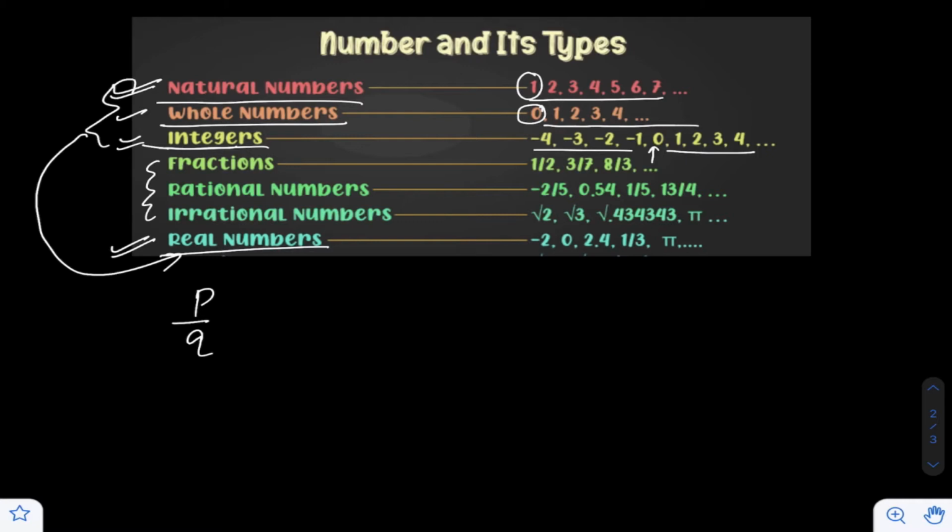And in these first three sets, we do not have any number which is a fraction or a decimal. After 2, straightaway 3 will come. After 3, straightaway 4 will come. And then after 4, straightaway 5 will come. So we do not have 2.1, 3.2, 3.9, 4.8. All these things we do not have in these first three sets. But we have everything in the set of real numbers. Any number you think of will come in real numbers.